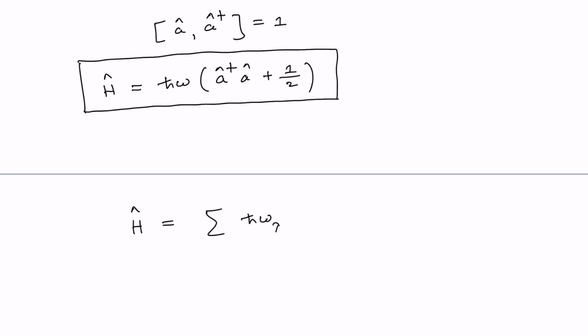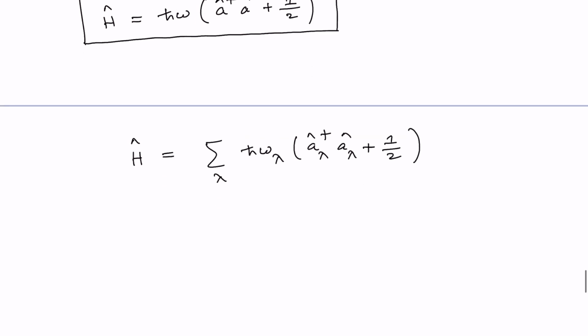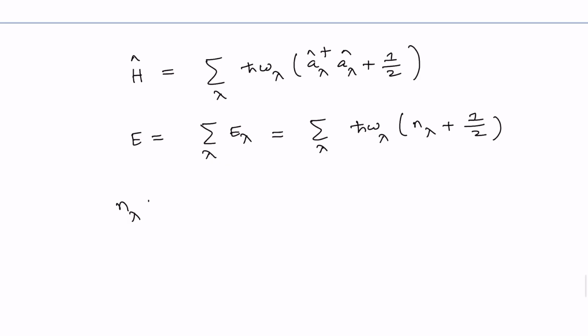So you have h cross omega lambda, taking the sum over all lambda, where lambda represents the lambda-th mode, so you have a lambda dagger a lambda plus half, and the energy E is equal to the sum over E lambda, which is equal to the sum over h cross omega lambda times n lambda plus half, where n lambda is the number of photons